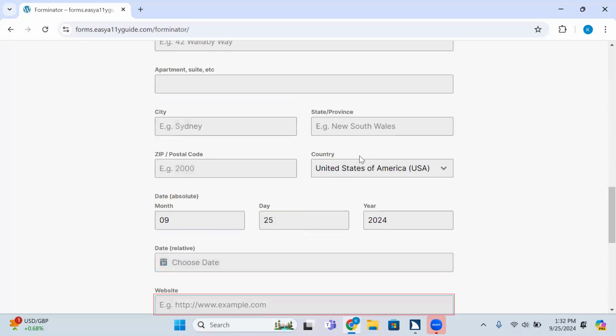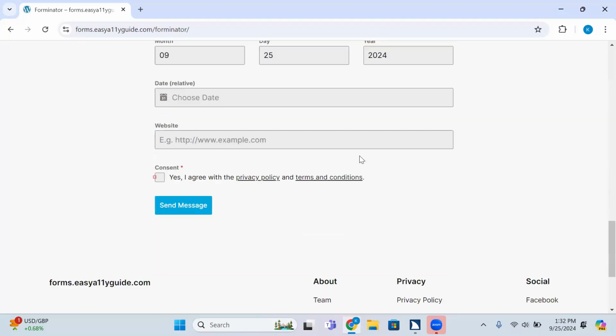Website edit blank placeholder, e.g. HTTP. Consent star checkbox not checked required. To check press space bar. Well, consenting to something, but I don't know what, which is required. Again, there's a big long statement with two links in it, and you don't know what you're consenting to. I'm not filling it out. Check. Terms and send message button.